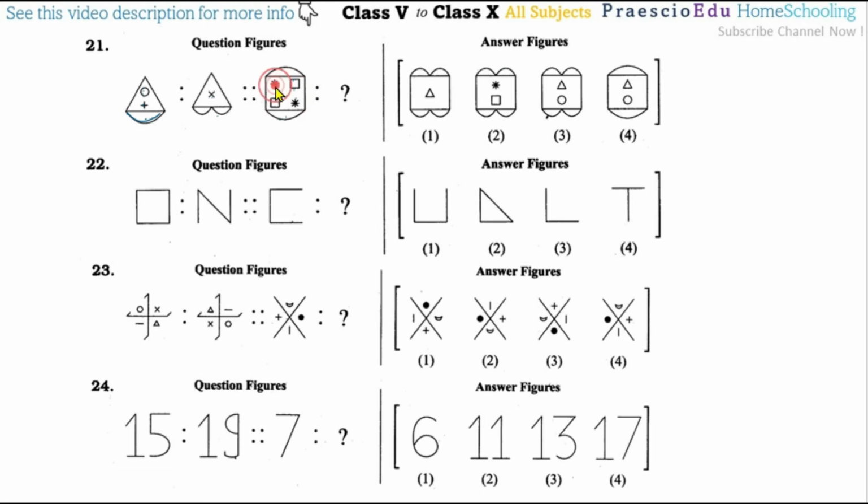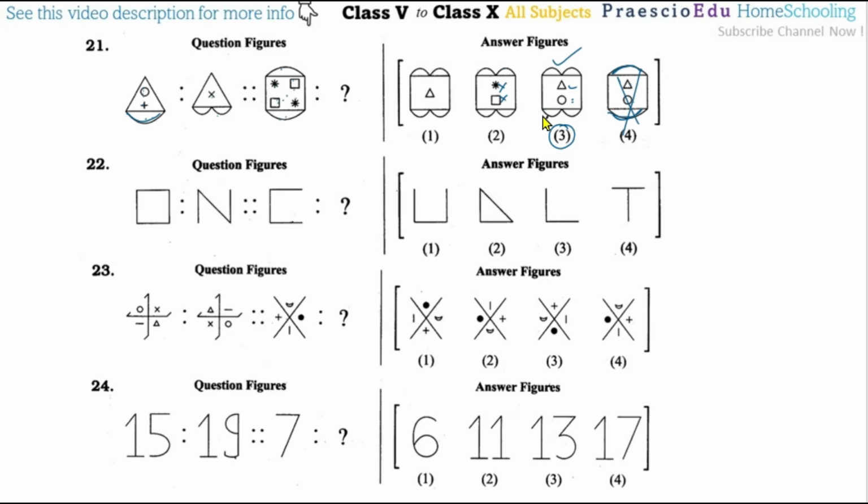So here the star and the square, so the square should not be there, even the star should not be there. So new symbol forms should be there, matching these two figures, but here the top and the bottom only show a single side. So that is why this is incorrect. So option number 3 is the correct one.